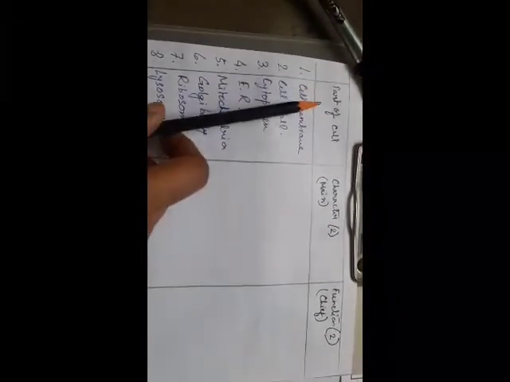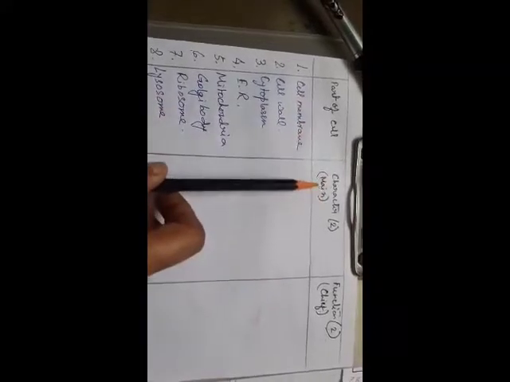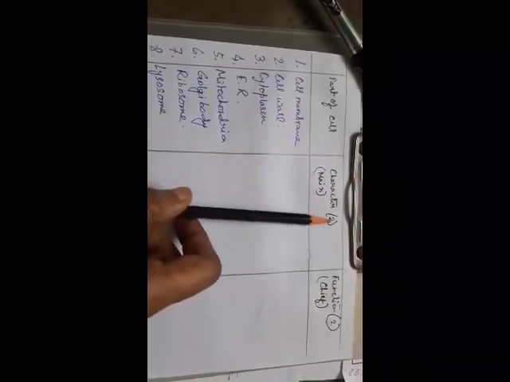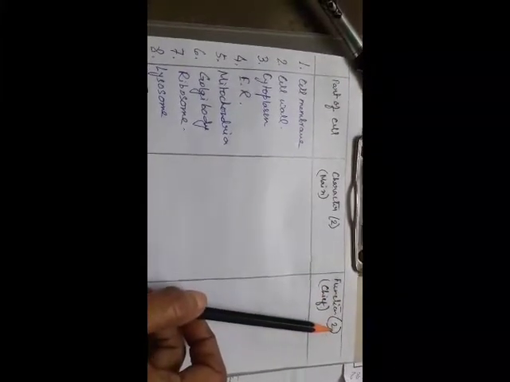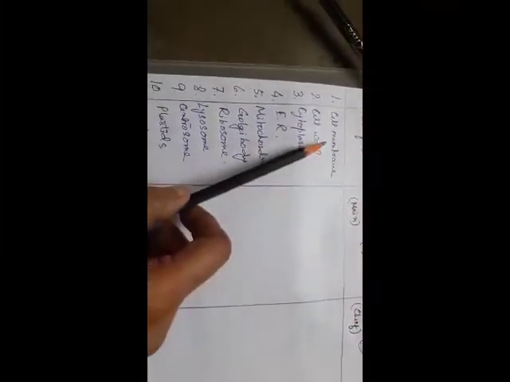Now this is your assignment work. Make 3 columns. First column you will write down part of the cell. Second column main characters, at least 2 characters you have to mention. Next the chief functions, at least 2 functions you have to write. Now on the left side I have written all 13 points, so you have to write all 13 points one after another.